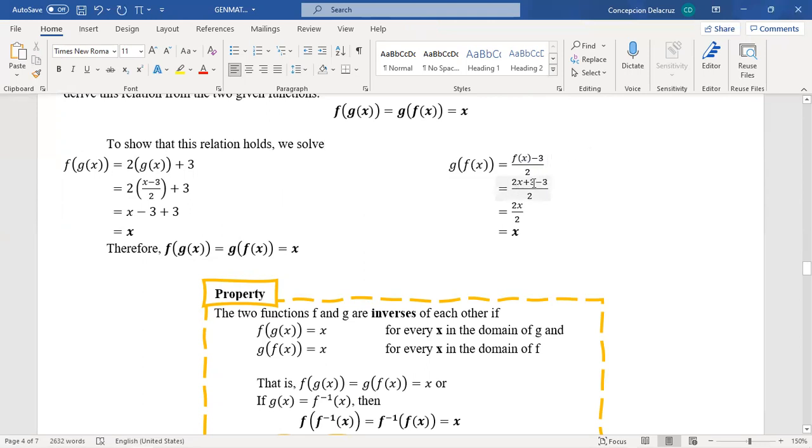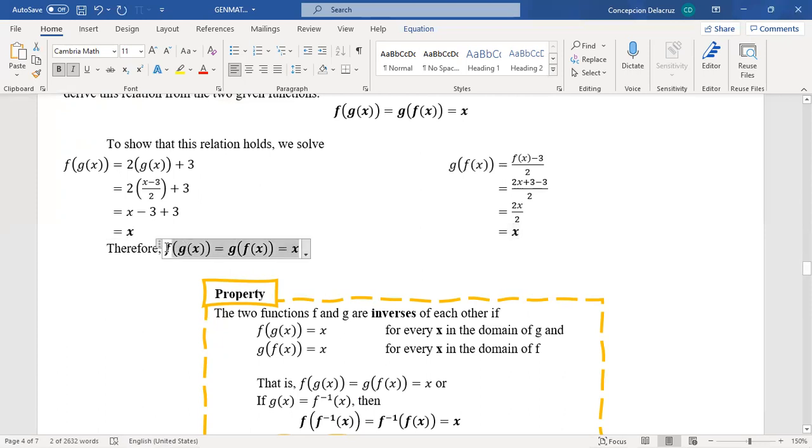Negative 3 plus 3 is equal to 0. So what remains is 2x over 2. 2x divided by 2, the 2s cancel. We have here x. Since the answers of f of g of x and g of f of x are the same, x,